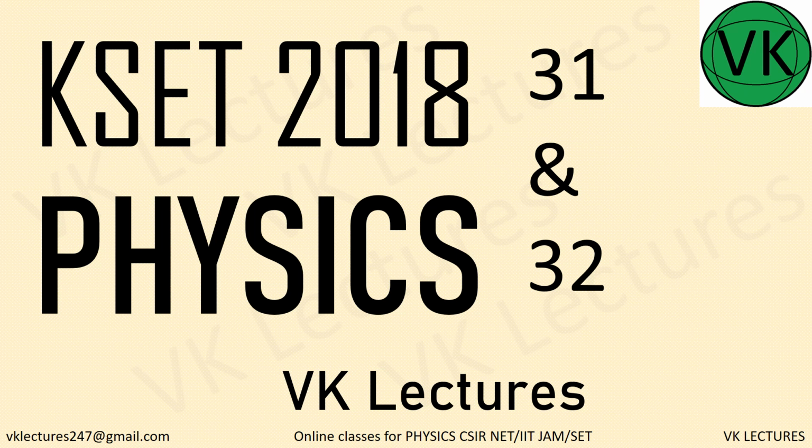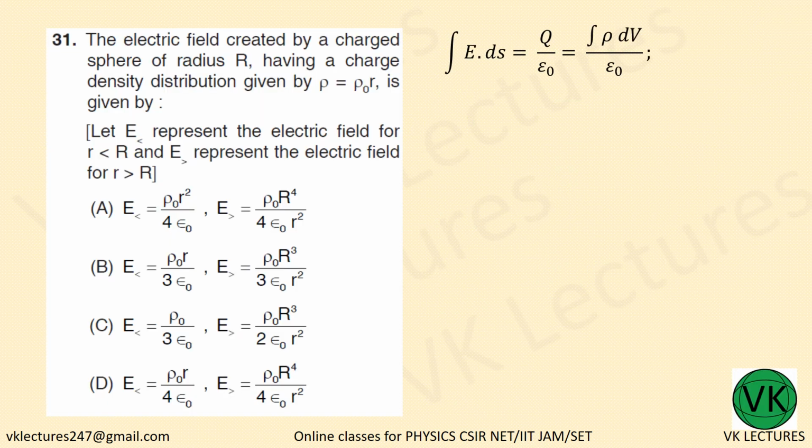In this lecture, we are discussing question number 31 and 32 from the Physics question paper for KSET 2018. The electric field created by a charged sphere of radius R having a charge distribution rho equal to rho naught r is given by. So you have to find the electric field created by the charged sphere of radius R whose charge distribution is given by rho equal to rho naught r